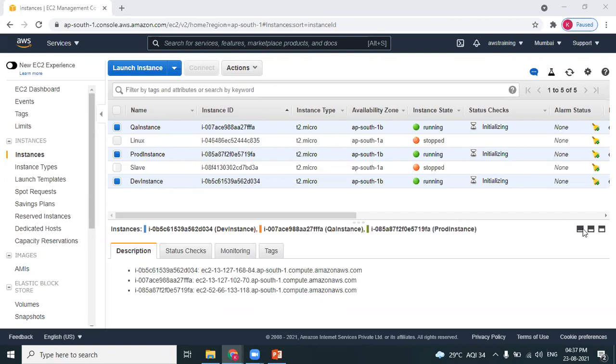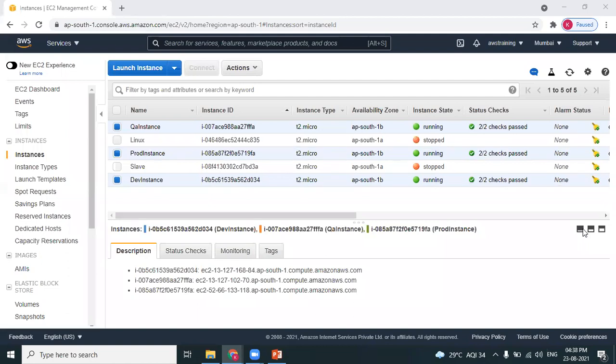Dev is for developers, so developers will have access to the dev instance, and QA will not. Testers will have access to the QA instance. The operations team will do this coordination. You don't need to worry. Giving access at the instance level is not at all a problem.